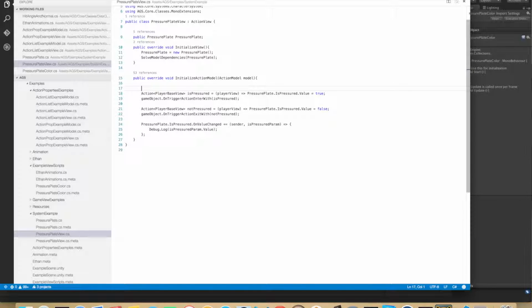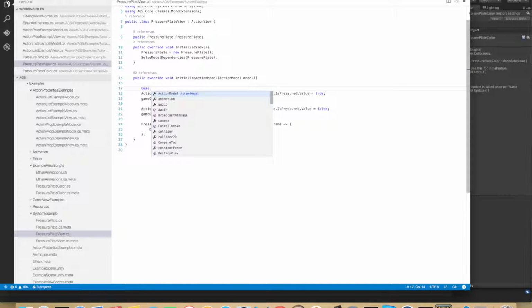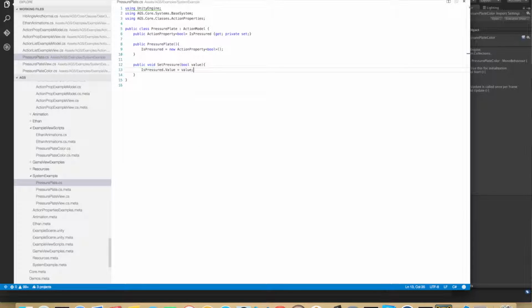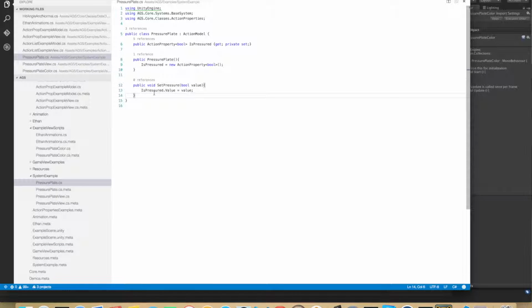InitializeActionModel must always call the base InitializeActionModel because otherwise the model will never get its view ready property set to true, and if that's not set to true, then we will not get this function call, which we will